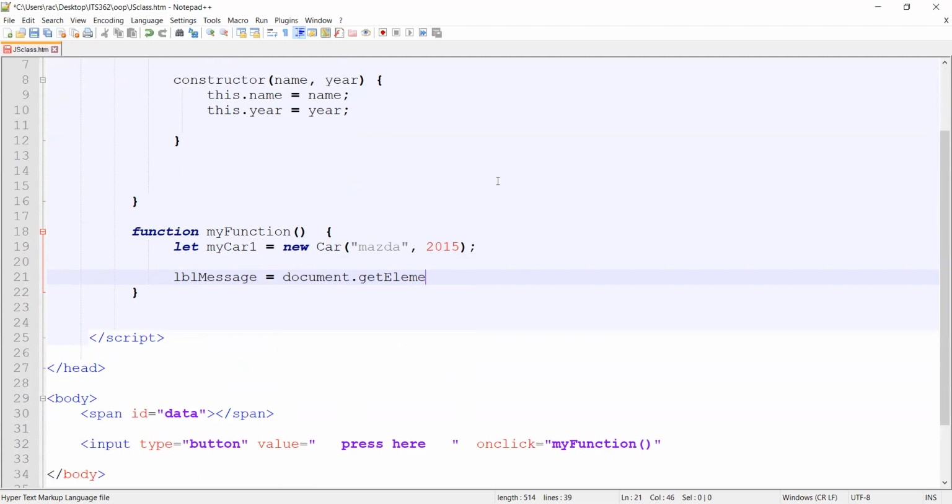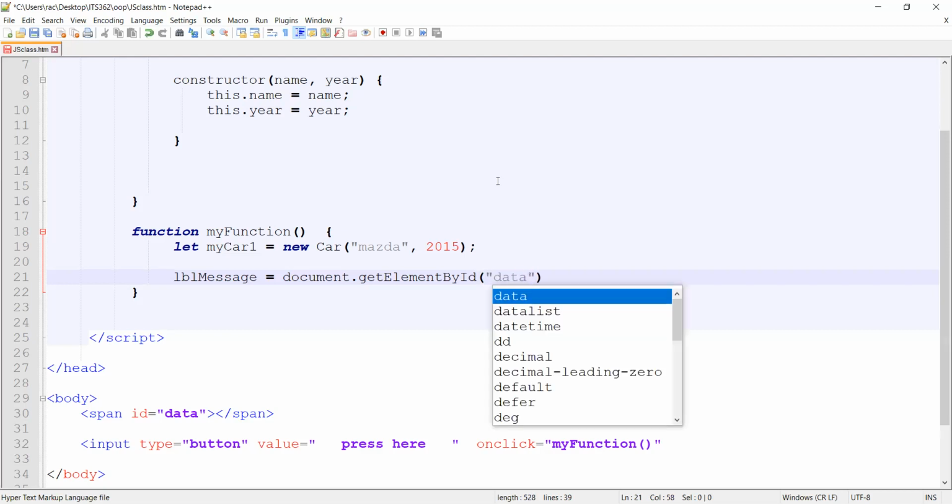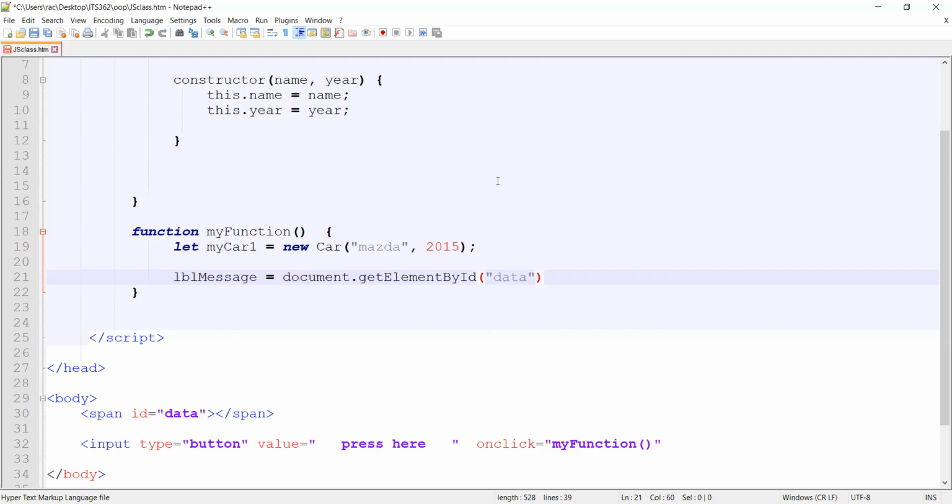And this get element by ID will start to change soon, but for now, get element by ID. And then what's the ID? The ID is, of course, data, because that's the ID name, right? And then we take this approach to get our values on here,